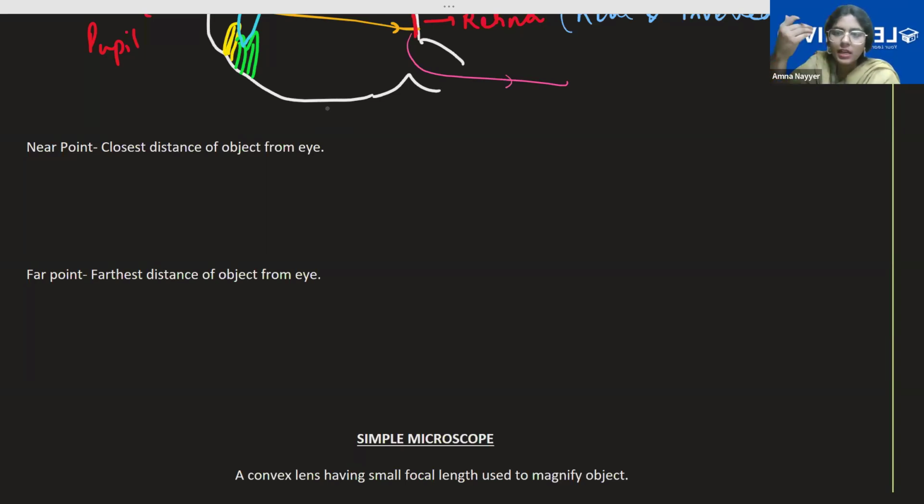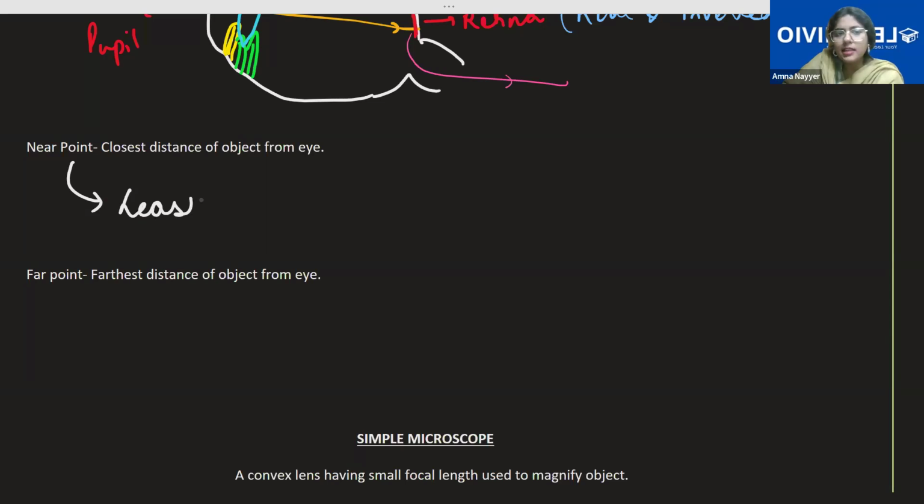That's what happens because two eyes are there, so two visual fields are present, and two images are formed. When both the eyes work together, the images overlap and give you a single image. Otherwise, that's why we see double images if you bring it very close or very far. So the point where the image is very clear to us is known as the near point of the human eye, which is very important for you in the numericals.